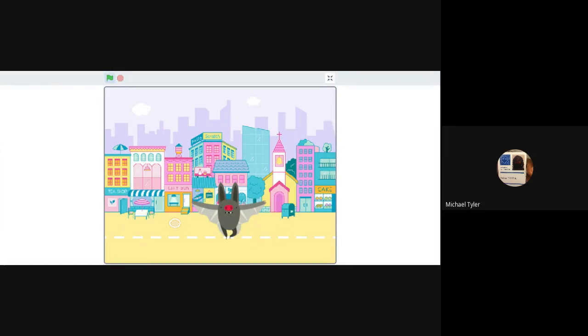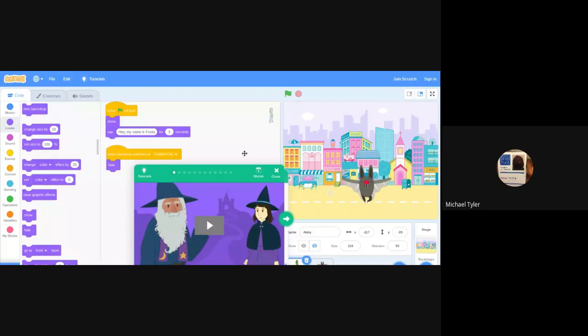This looks good. Now, this is pretty much the end of the demonstration I wanted you to go through so you get familiar. You've got to create your own two days' worth of scenes. So day one, that's your first backdrop. Day two is your second backdrop. And you just have to make more of a conversation and hopefully bring the next character back in to talk to that second scene. All right. Okay. You got any questions for me?